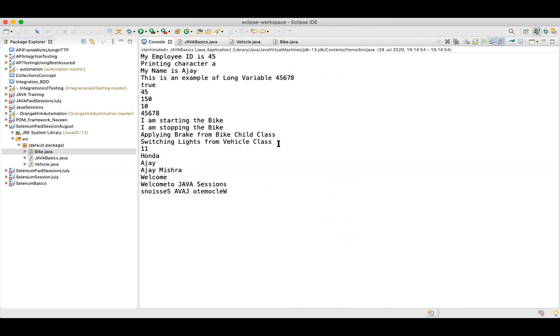So the thumb rule is, if you create an object of a child class and you run a method, first it will check if the method is present in your child class or not, right? If the method is present in your child class, it will execute the method from the child class. And if the method is not present in your child class, then it will execute the method from your parent class. Okay, clear?